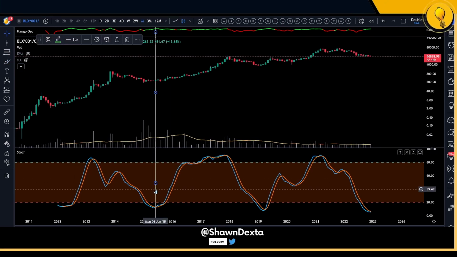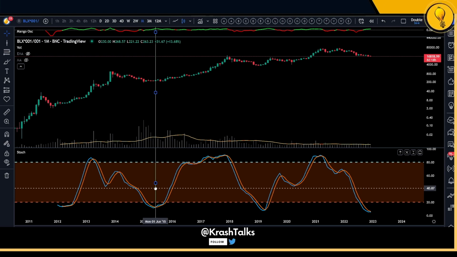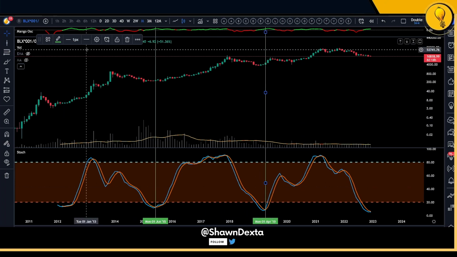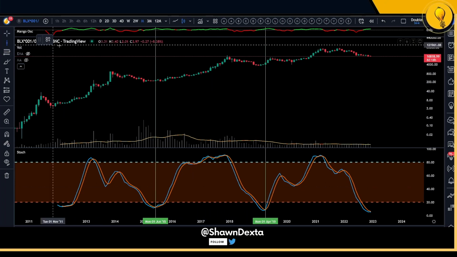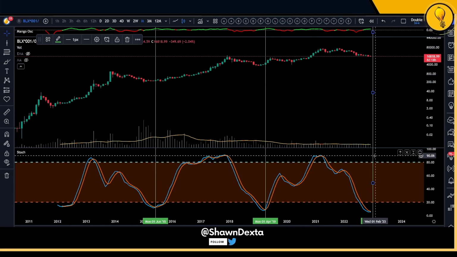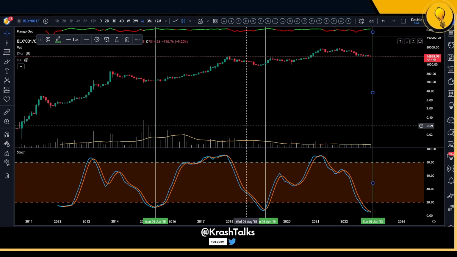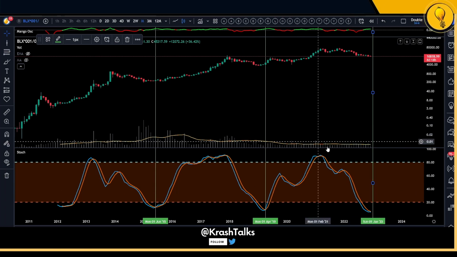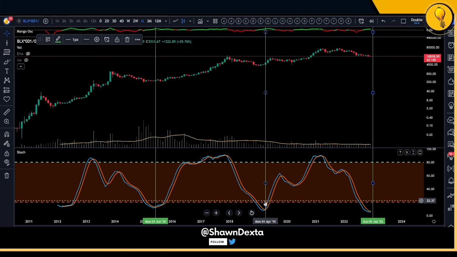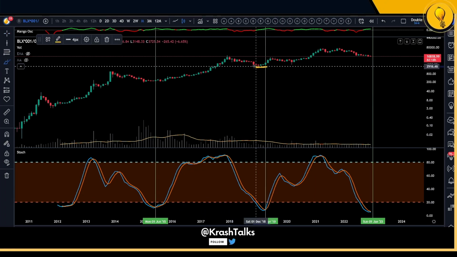Right over here, which was around June 2015. Then right over here, which is around April 2019, and then we don't have it yet. But if all things go well, we may get it if Bitcoin closes the month green. And I believe Bitcoin needs to close around 17,300 to close the month green. So the last time we got it was during the bottom of the 2019 bear market, right over there.